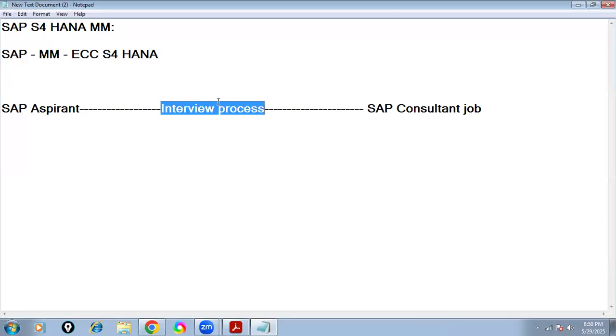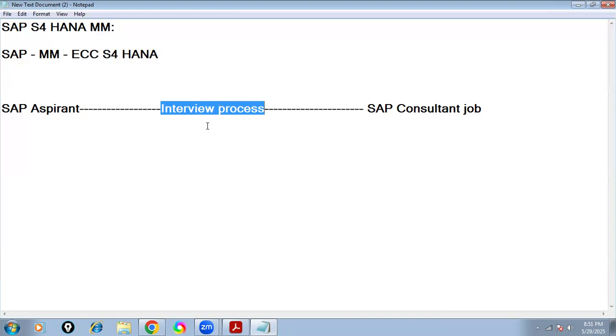Now, what I am trying to say is that simply learning the course doesn't help you. You should have clarity after this course about what is next. The usual questions are about course duration, fees, and so on, and I will tell you those. But at the end of the day, once you complete everything, you have to prepare for the interview, give the interview, and clear it. Then only will you get the offer letter.